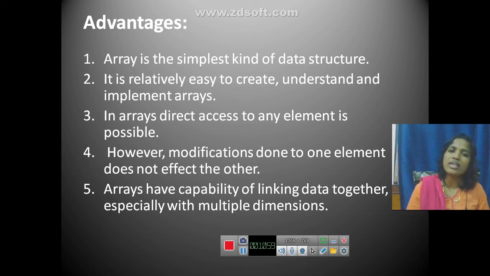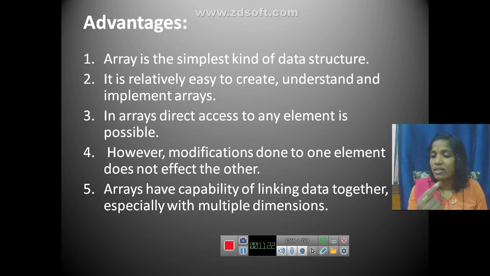Next, it is relatively easy to create. That means it is easy to start, understand, and implement an array. Compared to other data structures, it is easier to implement arrays. The third advantage is that in arrays, direct access to any element is possible.